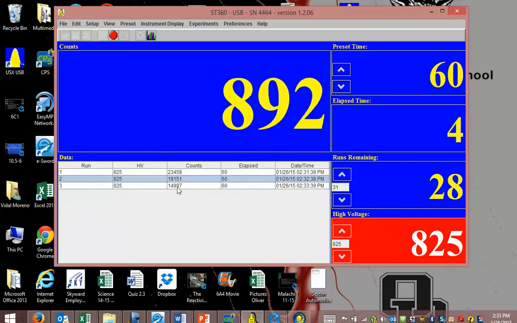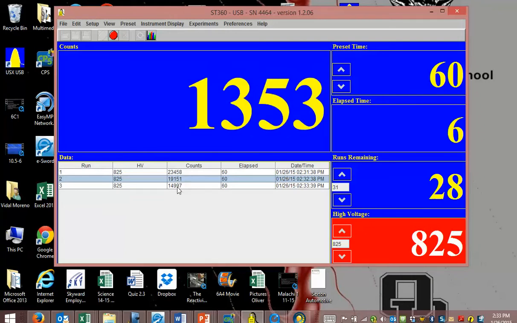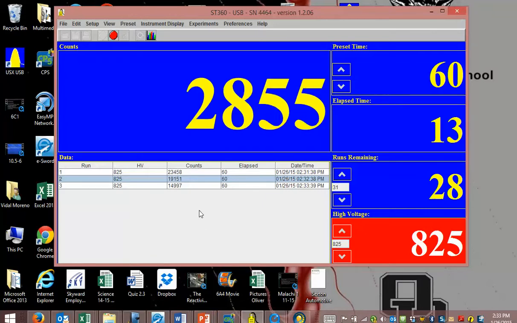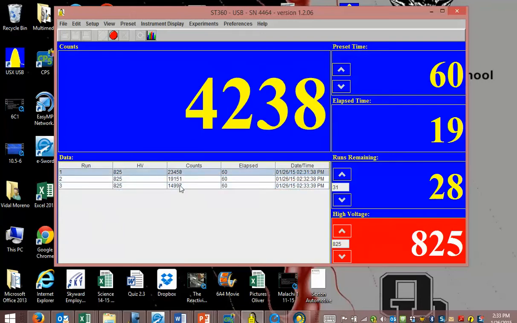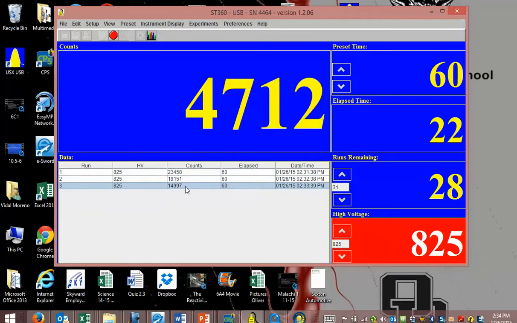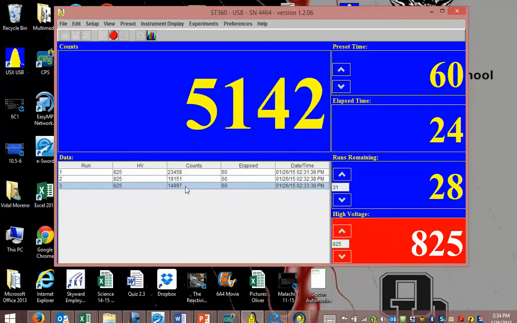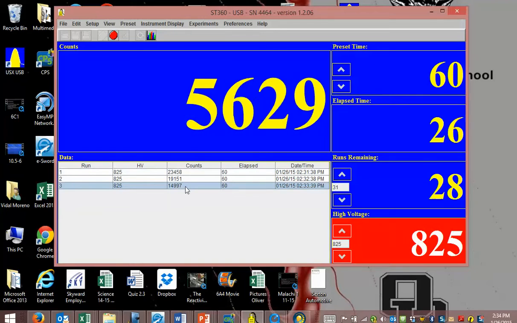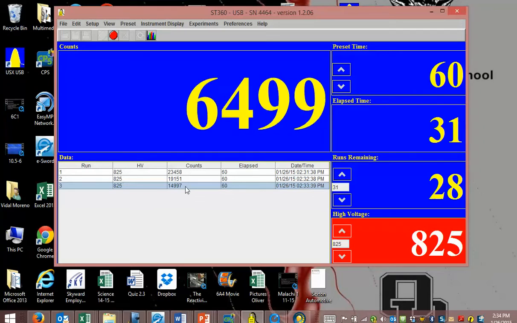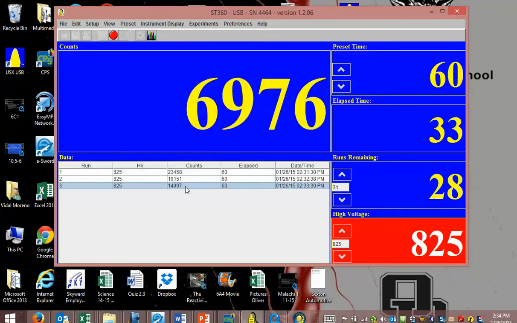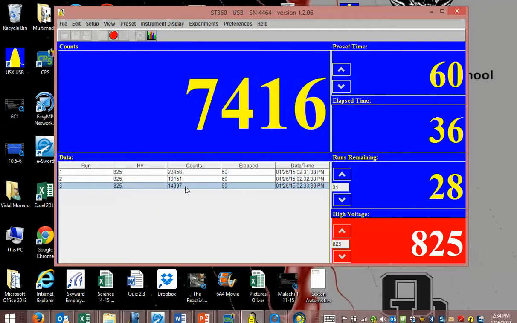Third point is 14,997. Yes. From every reading that you take. Because 28 from this number right here, 14,997, subtract 28, and that's the number you will use. Why? Because 28 is the background radiation. That is what is naturally here. That is how much we began with. Think of it. Good. Yes?